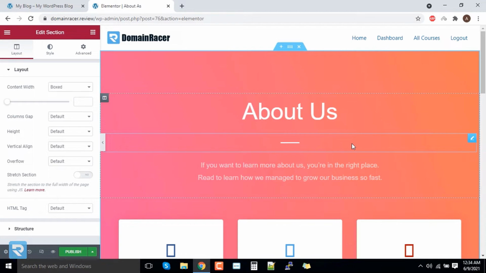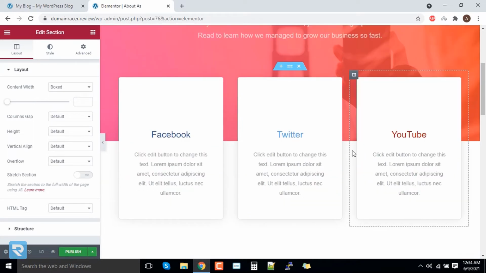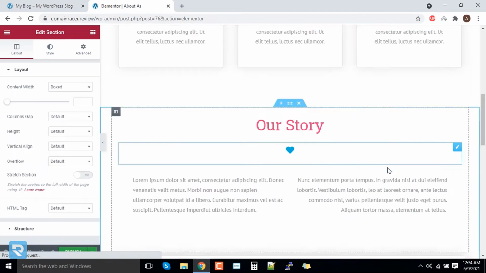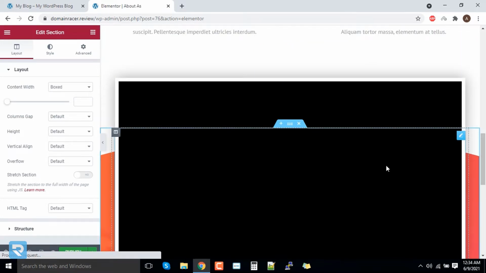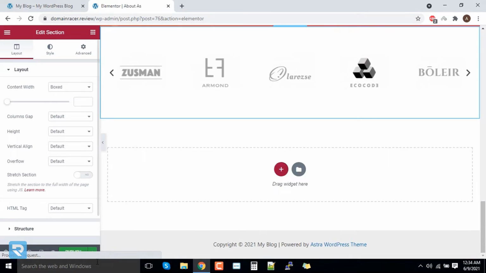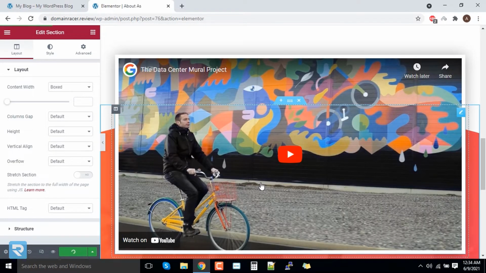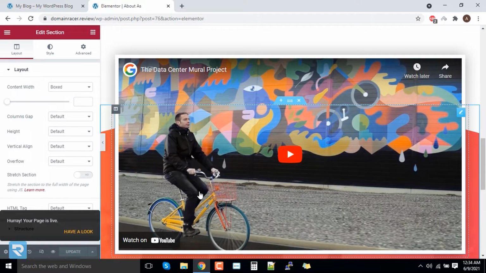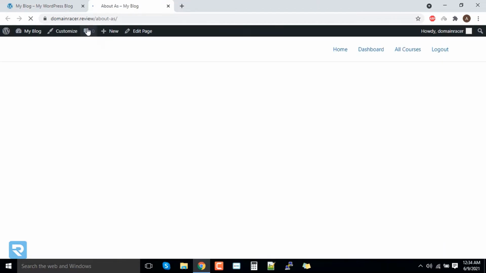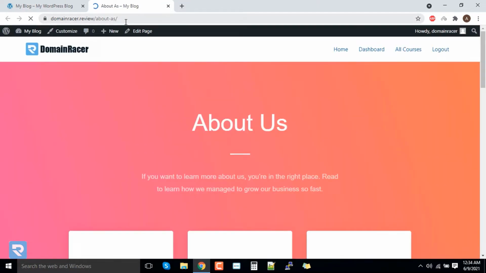Now you can do customization, change the details, contact us, Twitter, Facebook, YouTube. There are a lot of things there. You can go and customize. For demonstration, I will directly click on publish, so you can customize it based on your project. Here the page is live now, so we can see it from here. Look at this, the about us page is live now.